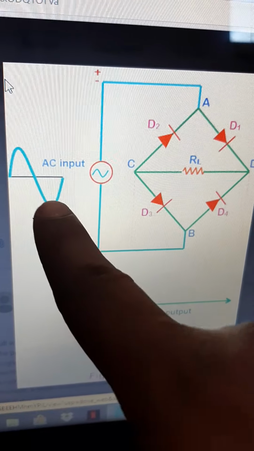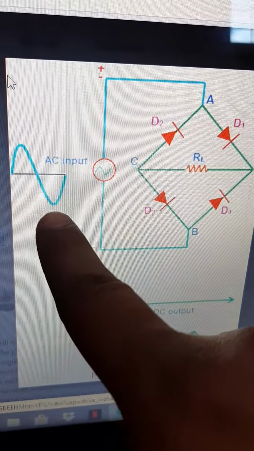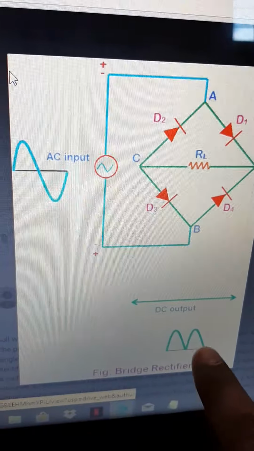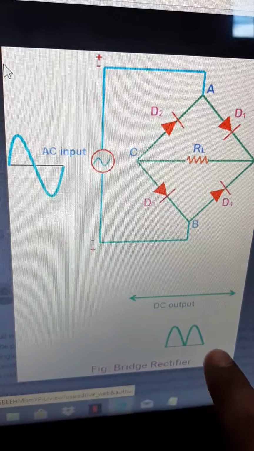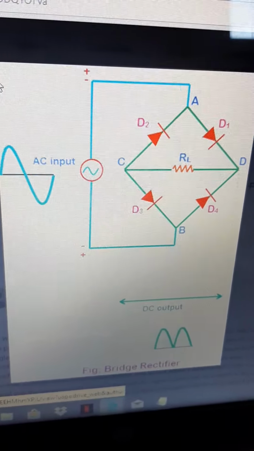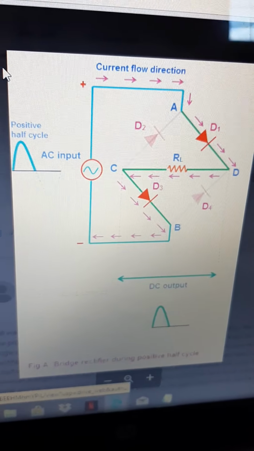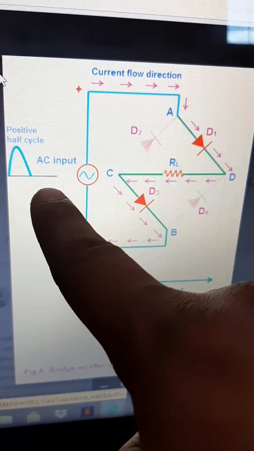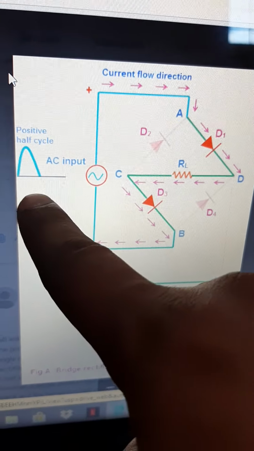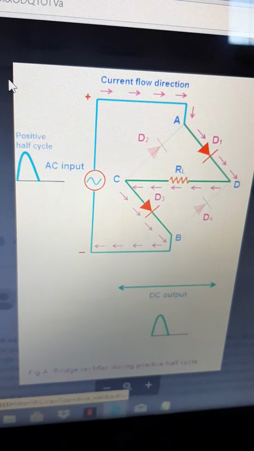This is the applied input AC signal, and this is the output pulsating DC signal. Now, during the positive half cycle of the AC input signal,